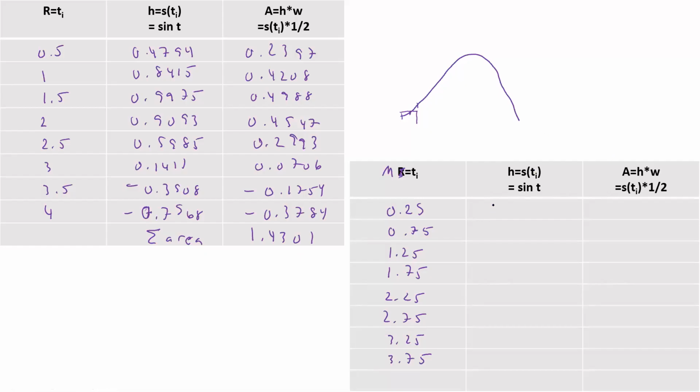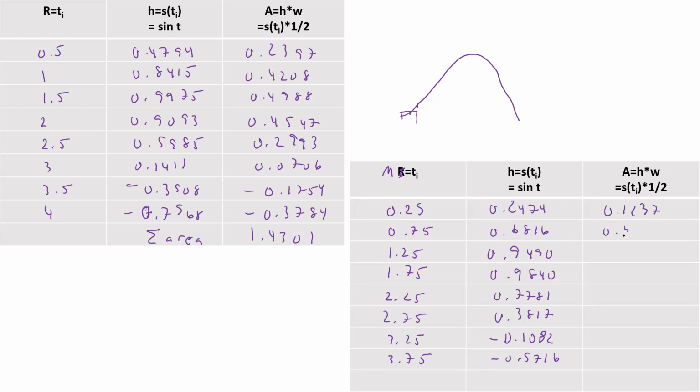So we had 0.2474, 0.6816, 0.9490, 0.9840, 0.7781, 0.3817, negative 0.1082, and negative 0.5716. Now we're going to take these numbers again times a half, because we're still going to half a unit for our width. And so half of that's going to give us